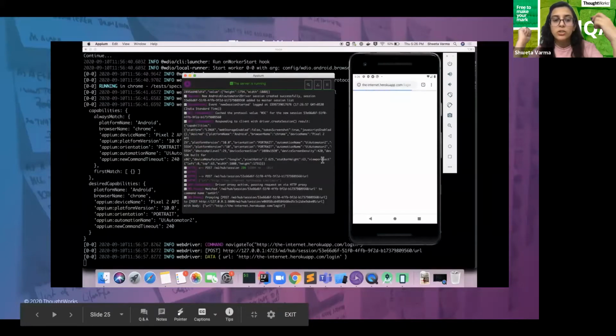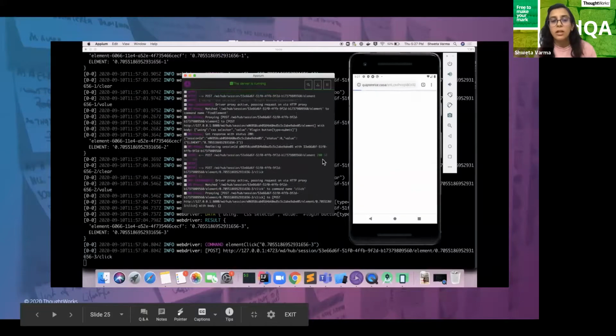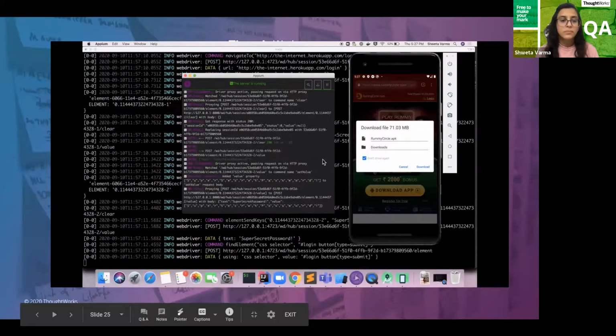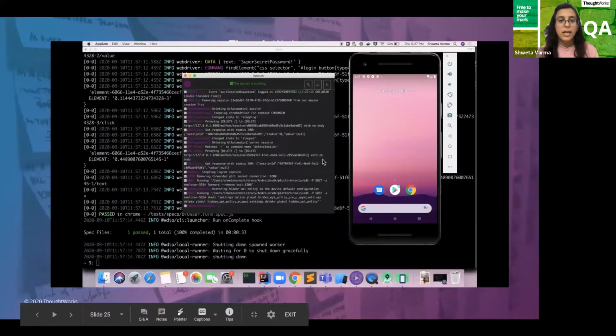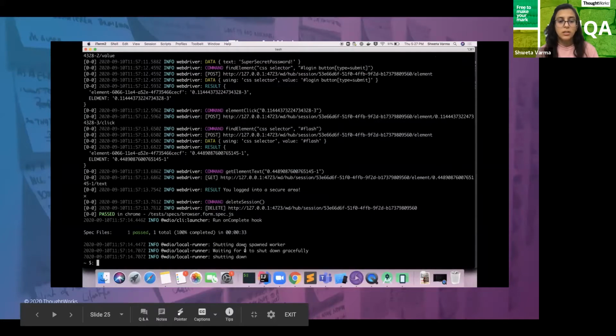You have to make sure that the device which you have up and running and the capabilities you have mentioned match with each other, and then you have your work done. It closes everything, and then it gives us the time as well. So this was about the Android browser.